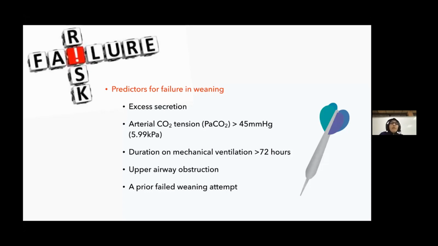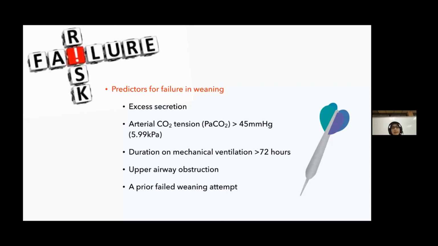All right. And in the patient who comes to you with arterial CO2 tension, where PaCO2 is more than 45 millimeter mercury, this is one of the things that can lead to the failure of weaning. For example, in those patients with COAD, that's why they require a prolonged intubation, because the CO2 sometimes takes time to reduce. All right, so most COAD patients have a prolonged intubation,